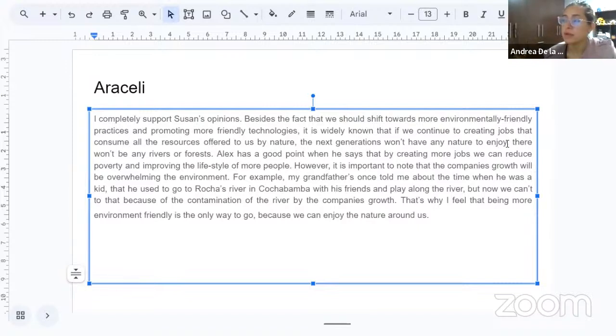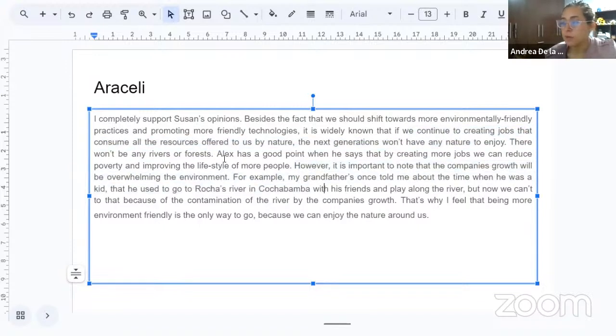Remember that you cannot use a comma to separate two independent clauses. That means two different ideas. You need to use a period or a semicolon in that case. These details of rivers, forests, these are examples of nature, right? So maybe I will leave them for your details later.